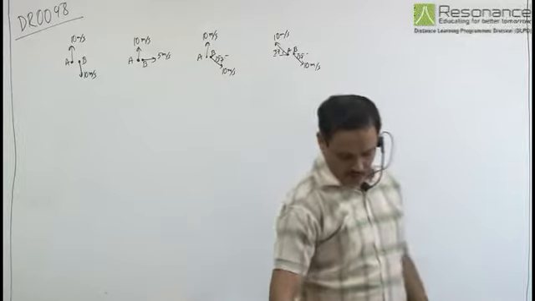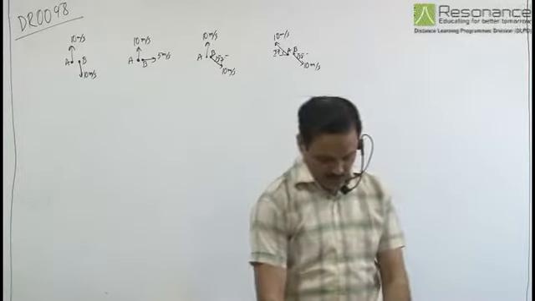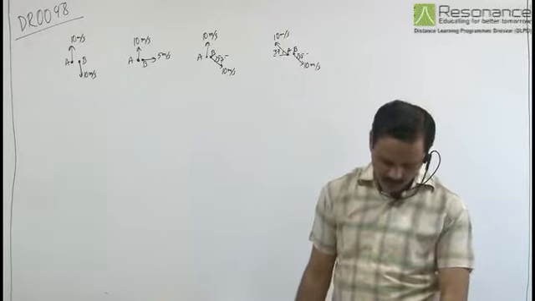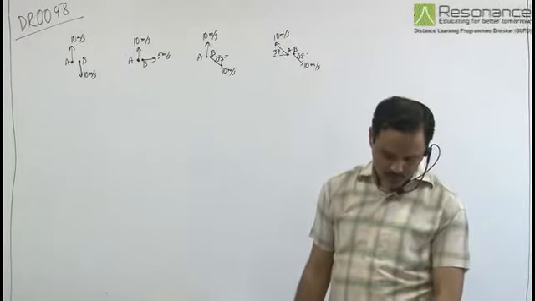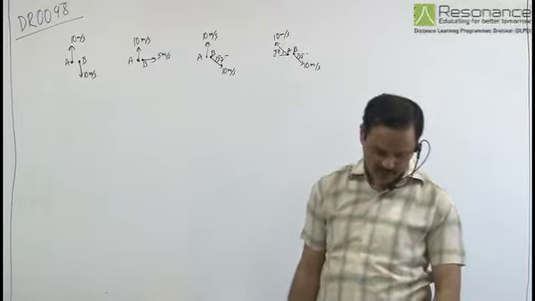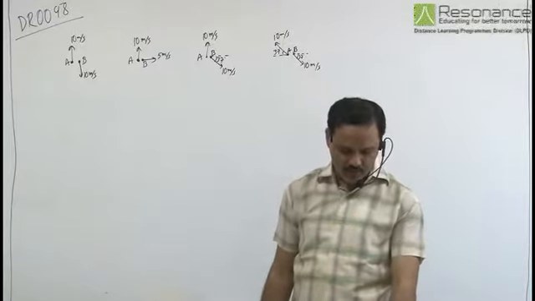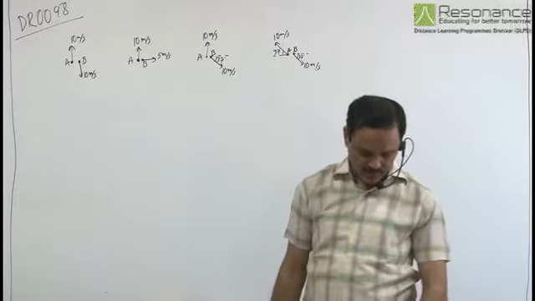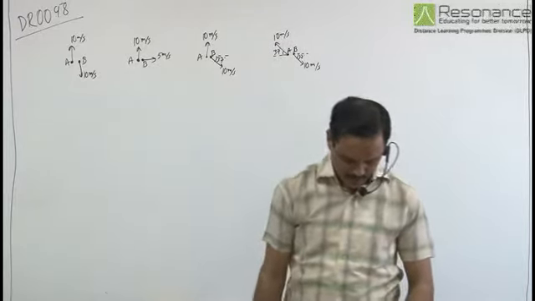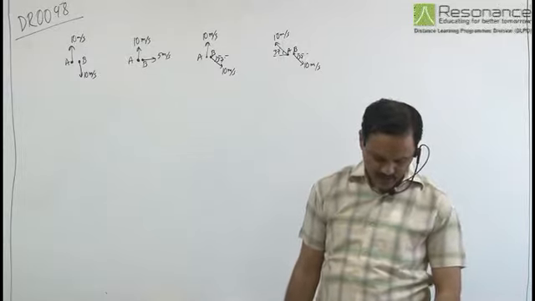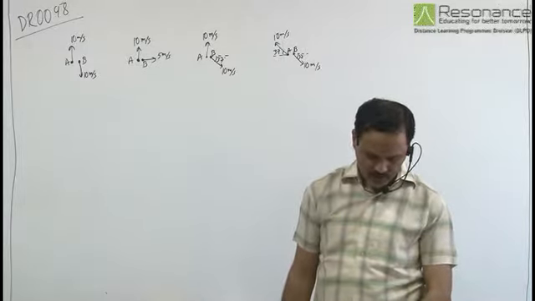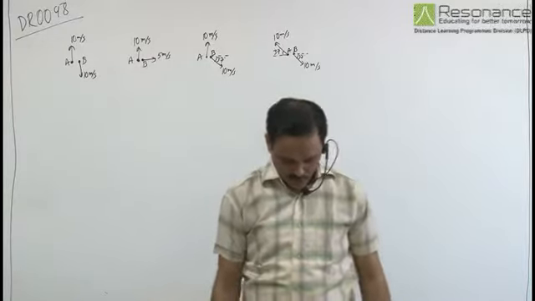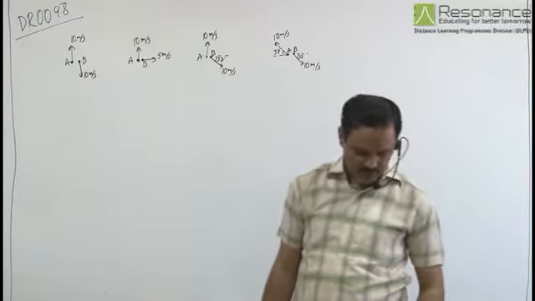Now in column 2, the options are: distance between the two balls after 2 seconds is 16 root 5. Distance between two balls after 2 seconds is 40 meter. Distance between two balls in 2 seconds is 10 root 5 meter. And magnitude of relative velocity of B with respect to A is 5 root 2 meter per second. And magnitude of relative velocity of B with respect to A is 5 root 5 meter per second. So these are the 5 different situations.